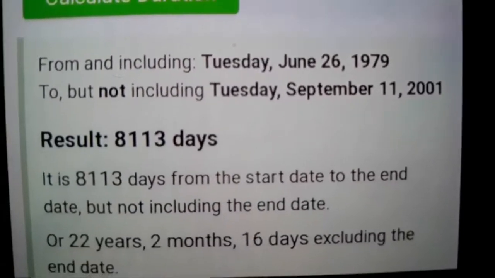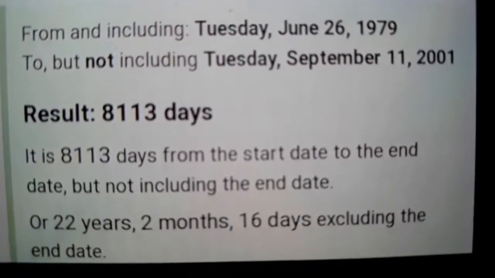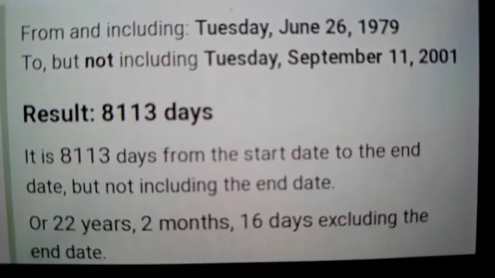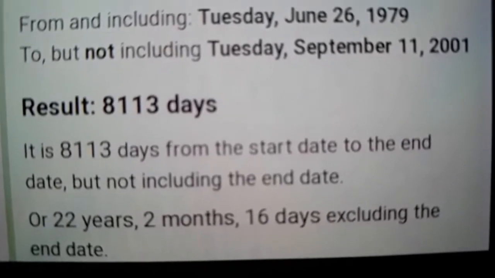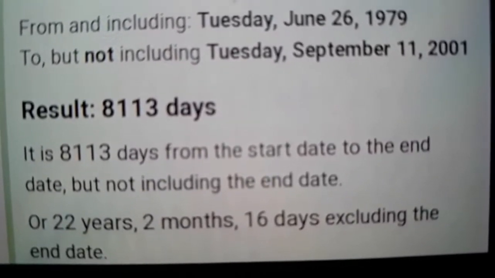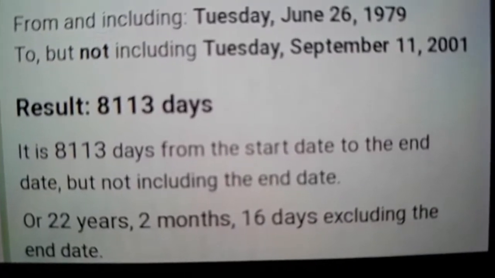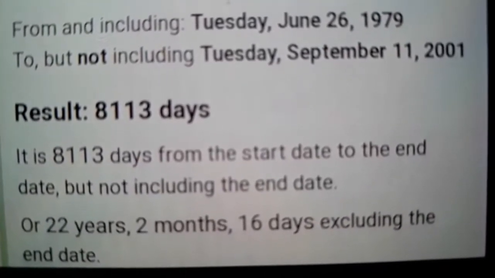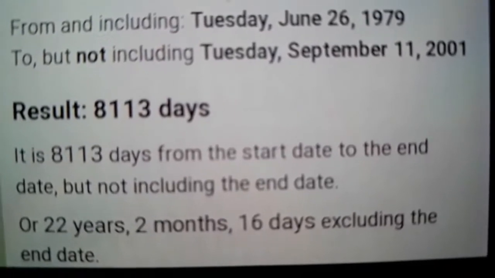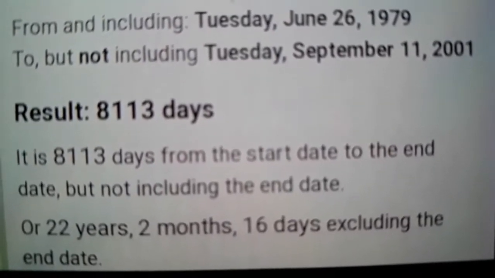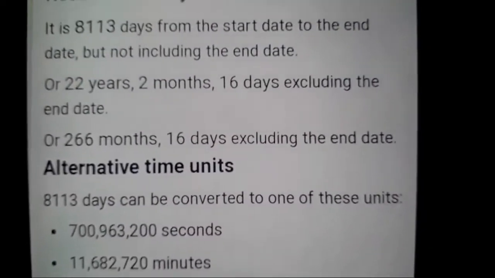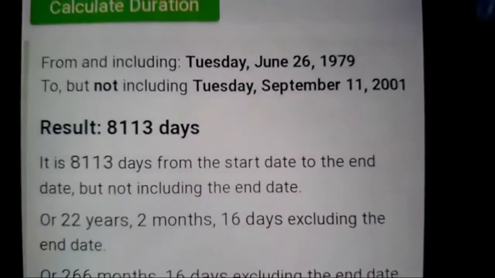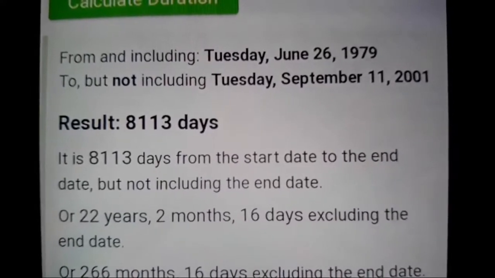But look at this right there. 22 years, 2 months. I just told you Washington's birthday is 2/22. And the 216th day of the year is 8/4, Obama's birthday. So you have the 2/22 again, which is Washington's birthday. Here's an interesting thing. This is the same thing I was just looking at. Vernon Presley's death date to 9/11.